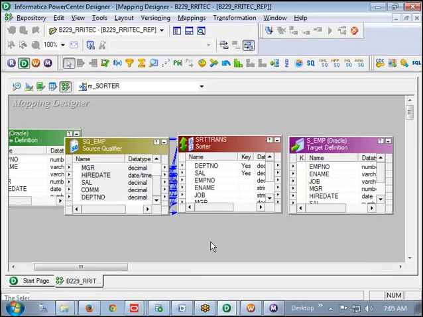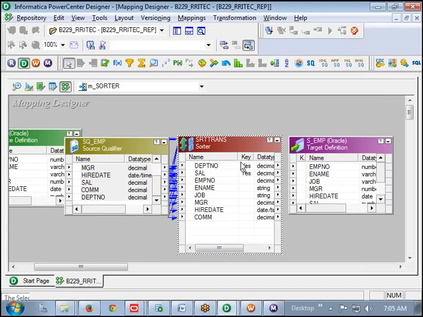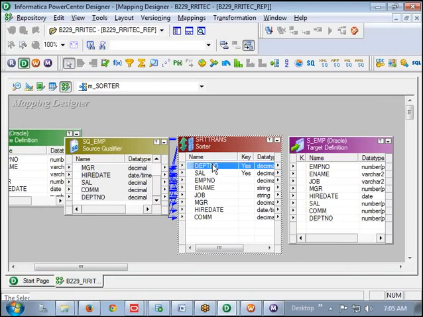Now try to connect to the target respective columns. Connect it.